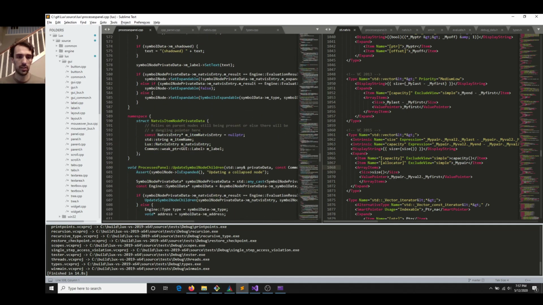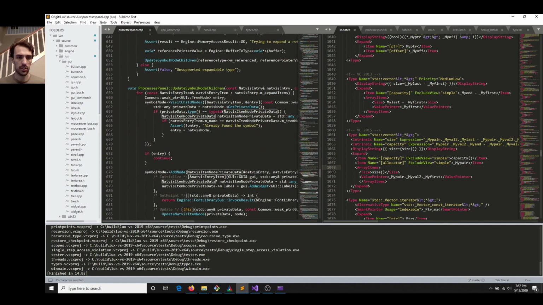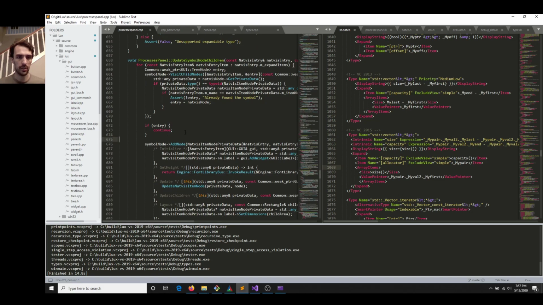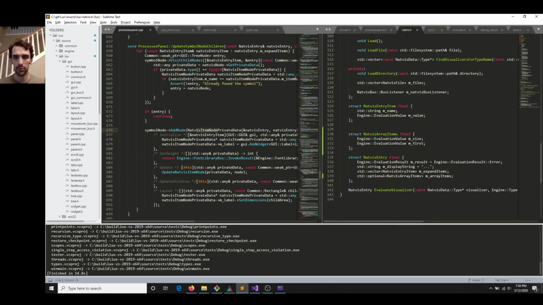Okay, so somewhere in here, we are going to have the spot where NatViz items are added. Here it is. Okay. So this is saying update node. This is like a node of the tree that is a symbol, and update its children. In other words, add all the children that it should have. For each item in the tree, we added item here. Oh, so then what I have to do is